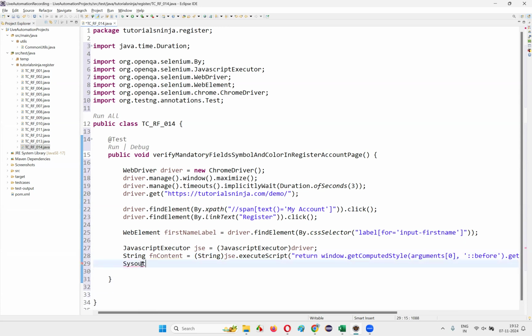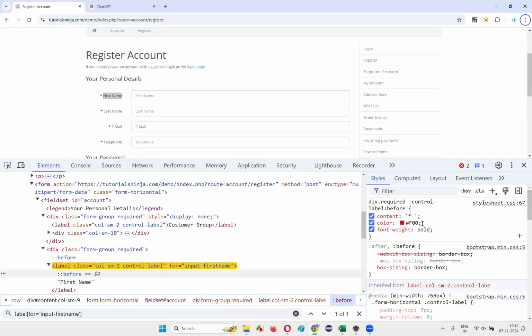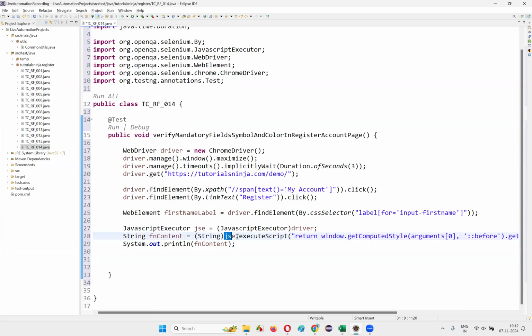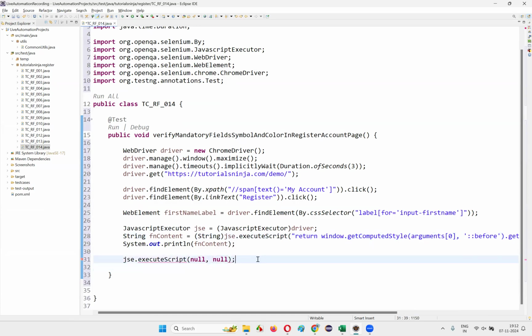System.out.println, I'll simply say fn content. It'll print the asterisk symbol. Not only that, guys, I also have to get the color. To get the color, I'll use the same thing, that is JSC dot execute script. Again, I'll give the same element, that is the first name label here, and I'll write the same code